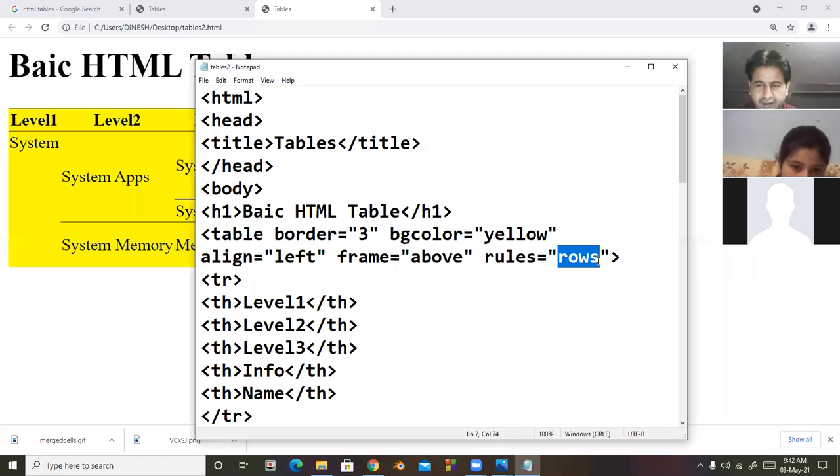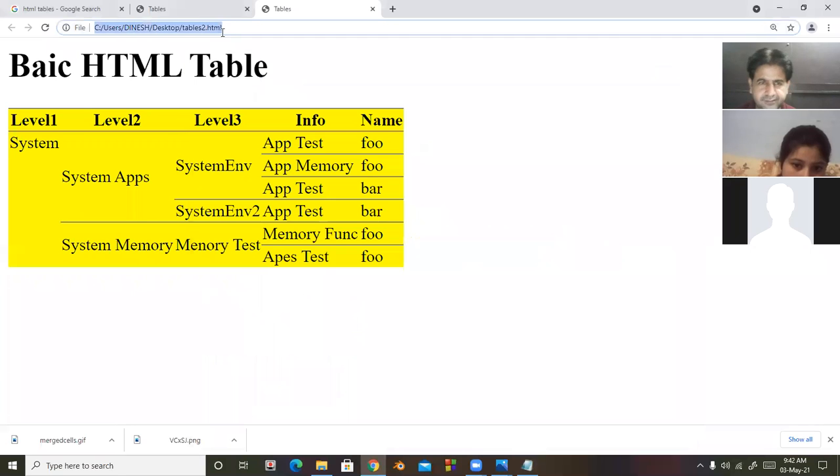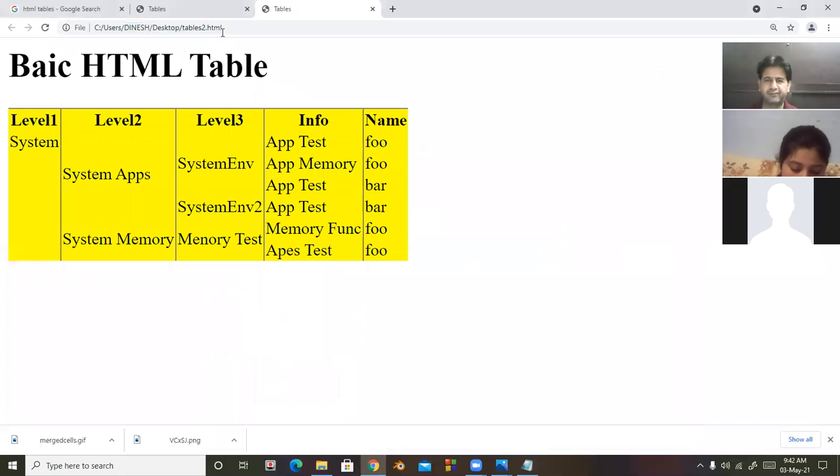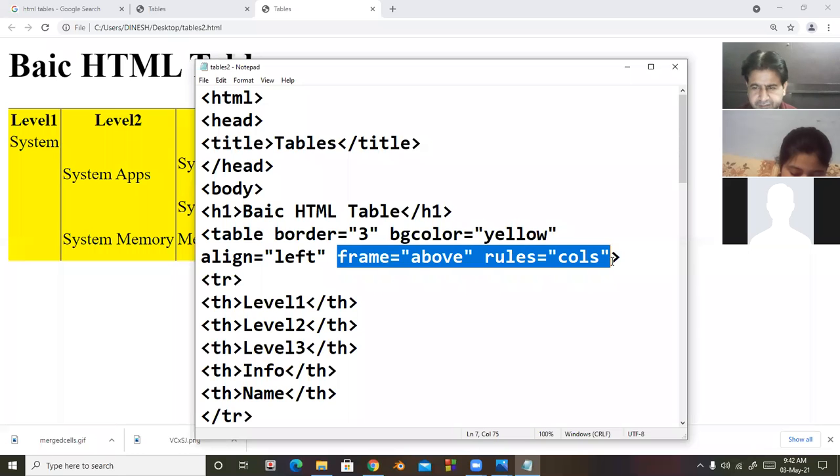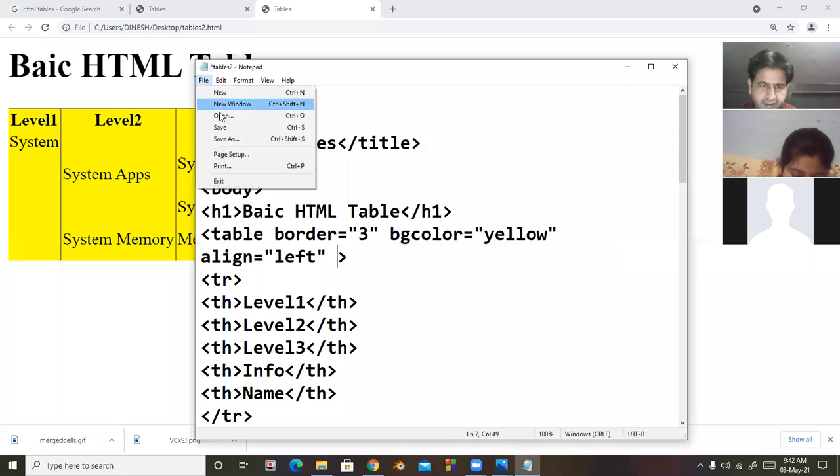So if I am taking here cols, I am removing this.